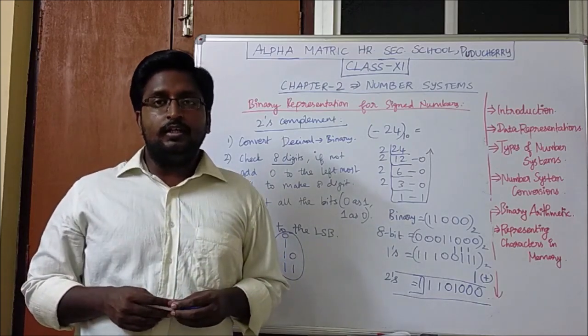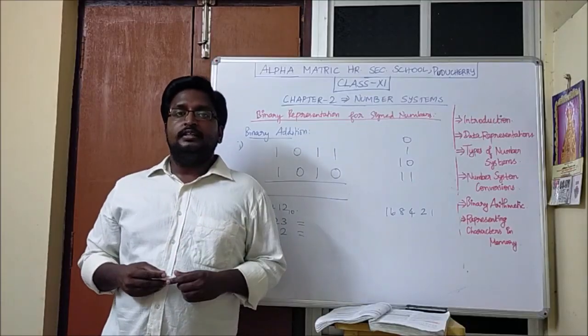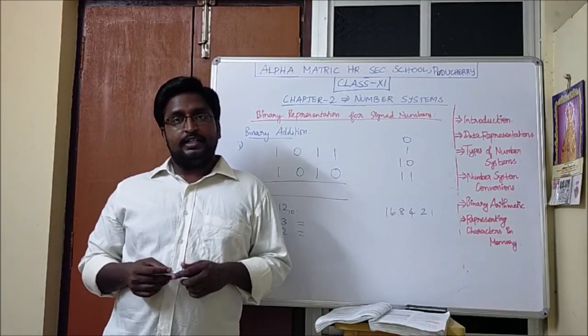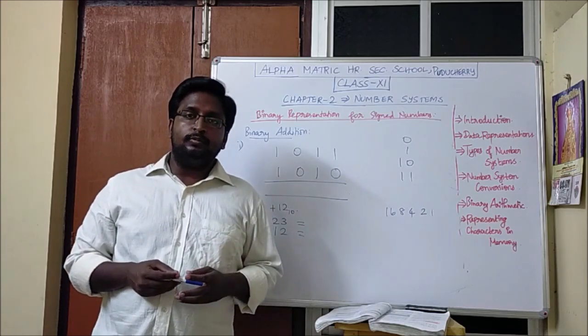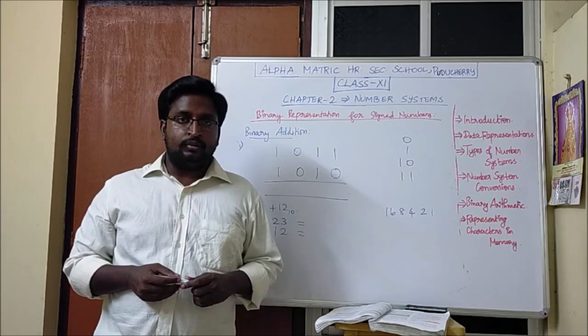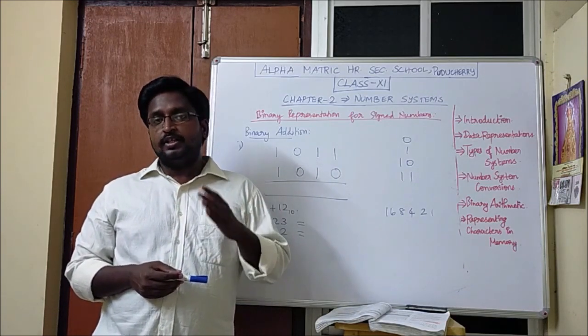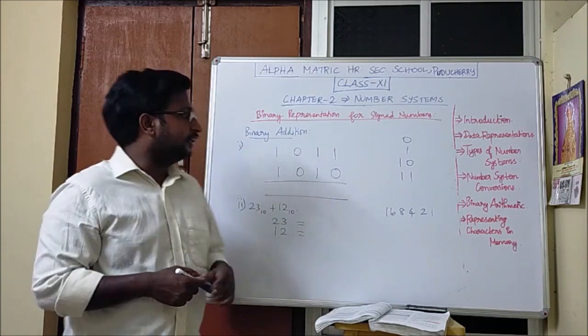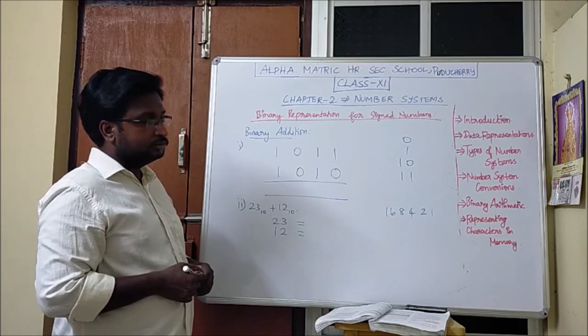Next we will see the binary addition and subtraction. First let us see the binary addition. Similar to decimal numbers, all the binary numbers can also be manipulated with addition, subtraction, multiplication and division. So we will be learning about both binary addition and subtraction. First binary addition. We will be seeing 2 types of examples.